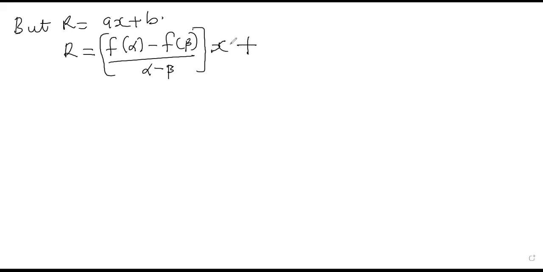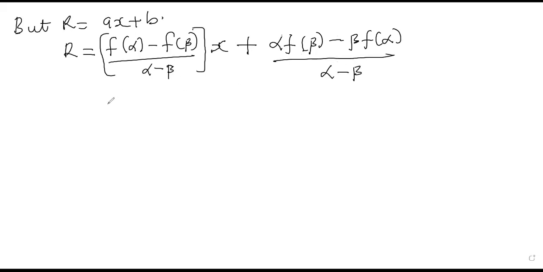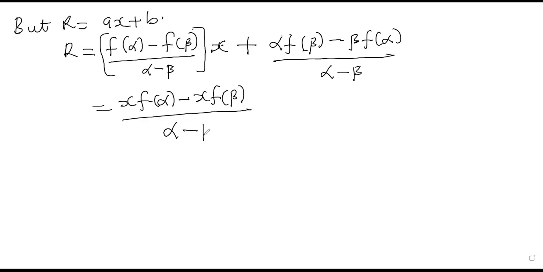But my value of b is alpha f of beta minus beta f of alpha, everything over alpha minus beta. So this is going to be equal to, multiply x to be x f of alpha minus x f of beta over alpha minus beta